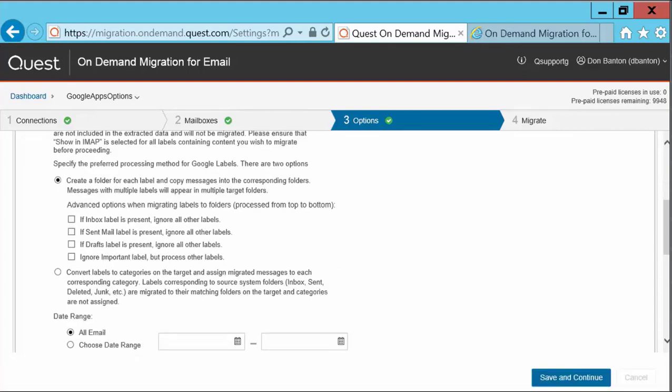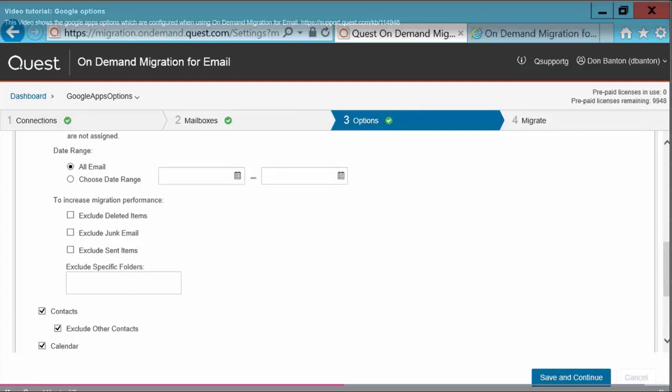The other option is convert labels to categories. This may be preferred as it will not create duplicates if there is more than one label assigned to an email. After you've decided whether to use folders or categories, you can continue down and choose the type of migration you wish to do,